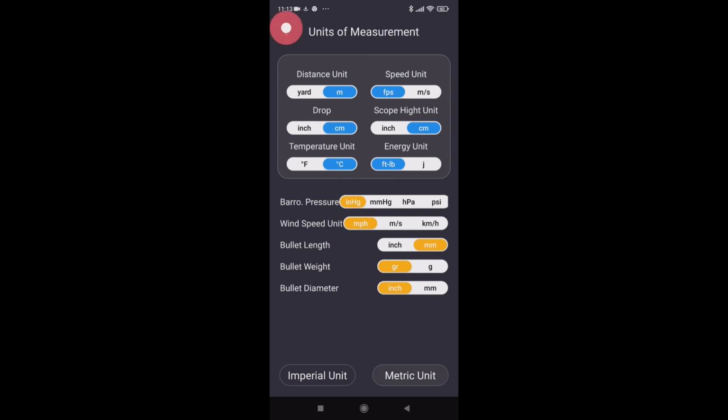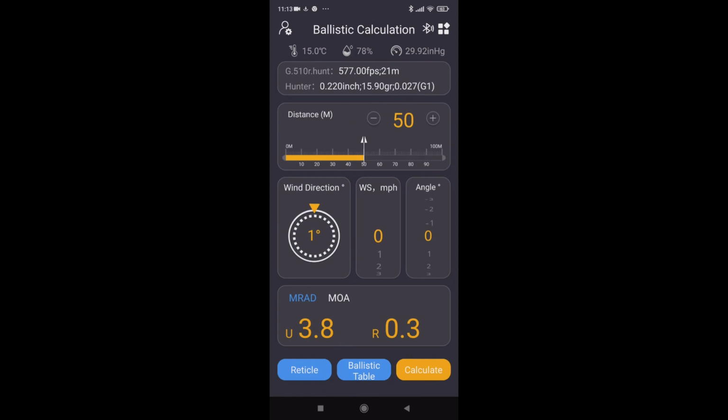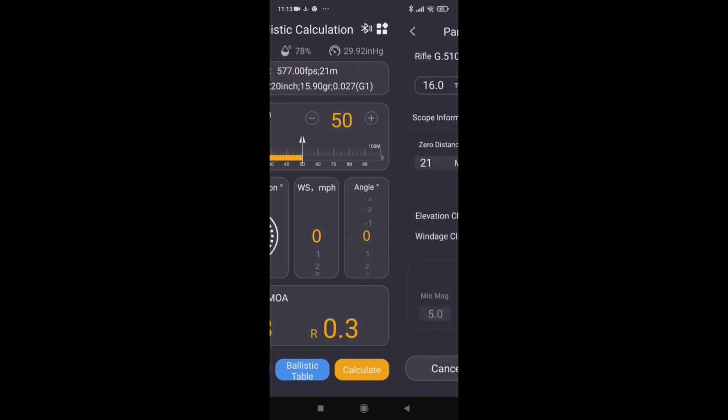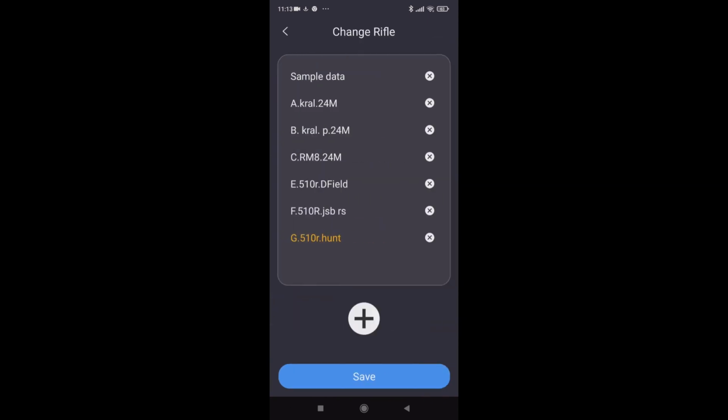Back arrow, back arrow. Now to add a rifle, just touch the rifle, touch the little arrow again, change rifle settings, or change the rifle. So I want to add one, hit the plus,